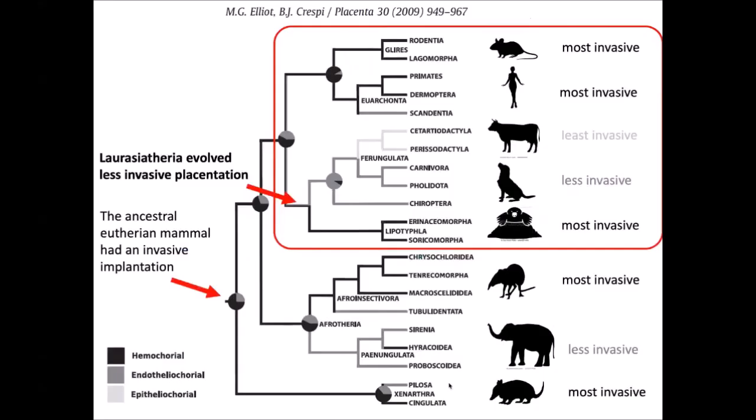Okay, so if you go back to the phylogeny of all of the placental mammals, our species sample comes from these two, from the Afrotheria and the Laurasiatheria, and we compare these to these, and we would like to know what happened here that led to the lower invasibility in these animals.